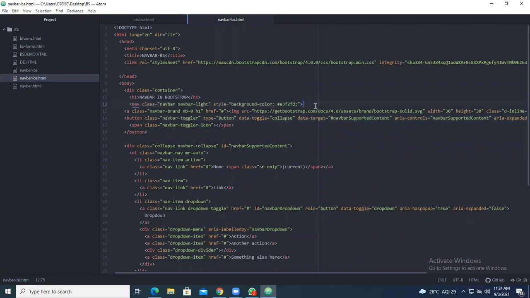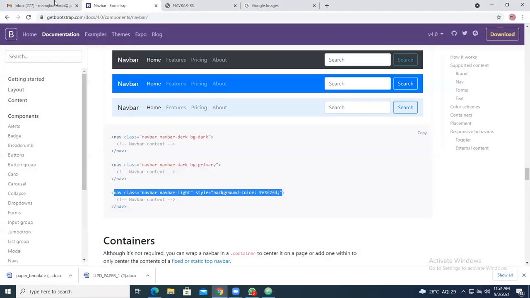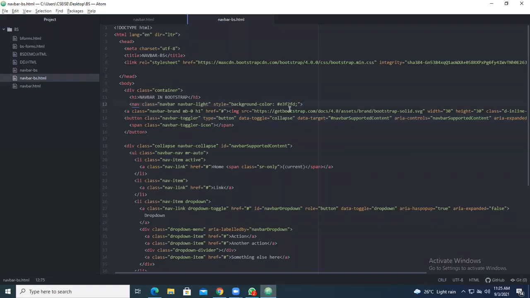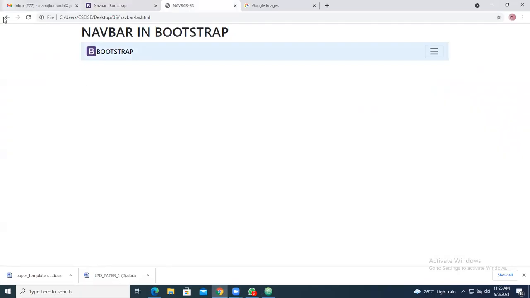Now you have saved this particular content, go and see how your navbar is. You are getting it in different things, but you won't see any of your colors. That color has been overwritten. So you can remove this particular style, save the contents and go to the web page. Here the particular style has gone. Click here, you are getting everything here. This is called a hamburger icon. The hamburger icon consists of the contents.